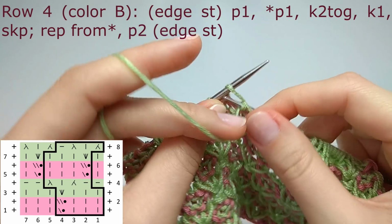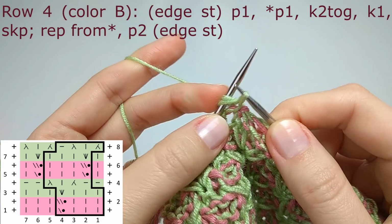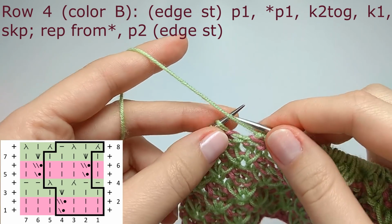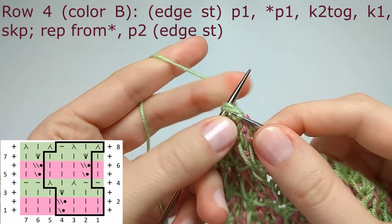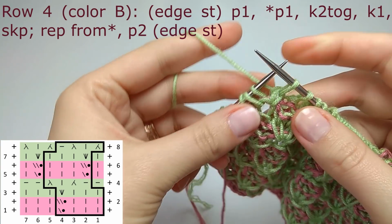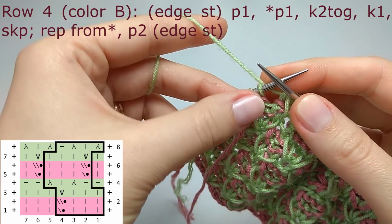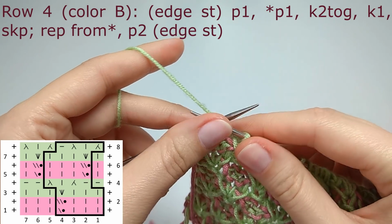And again purl 1, knit 2 together, knit 1, slip, knit, pass, purl 1, knit 2 together, knit 1, and slip, knit, pass. And you have those, as I said, there are 3 symmetry stitches in total, and we started